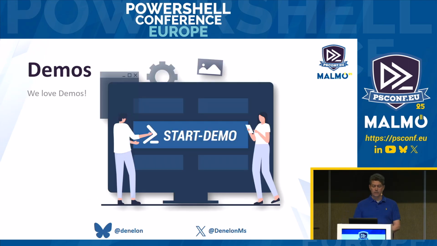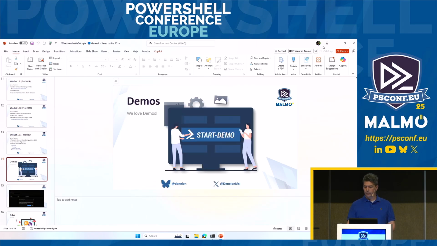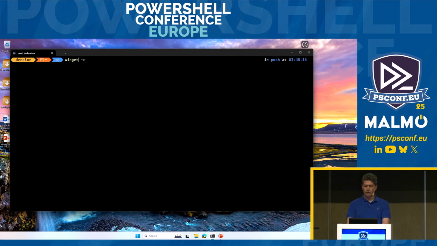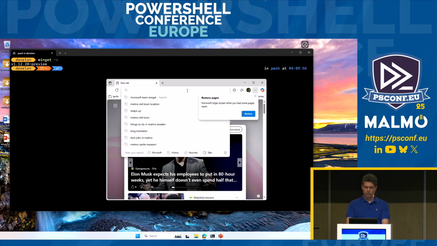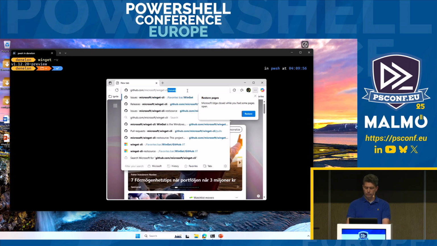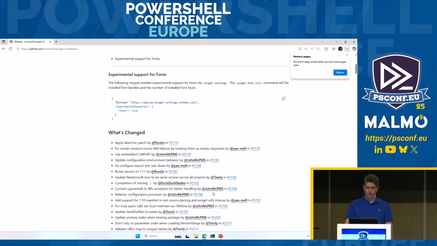So let's jump into some demos. First thing I'm going to do is make sure that I have the right version of Winget on here. And I'm glad I did because it updated me. So I need to drop down to the earlier version. So all of our releases for the client are out at GitHub. And I'm just going to go download and install it from the releases real quick.